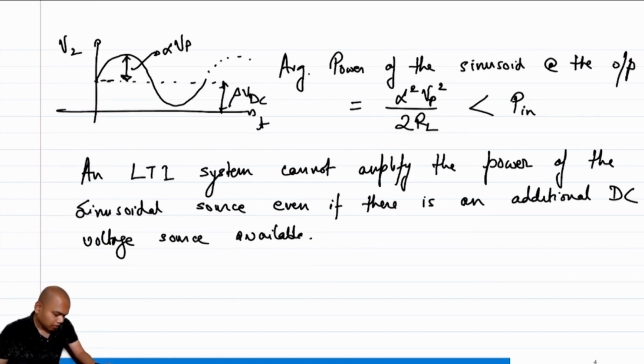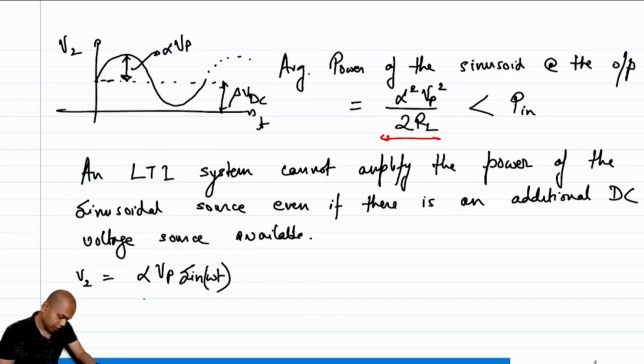Now, how did we go about finding this? You can easily figure it out by doing the following. What will be the average power if this is the total voltage, if V2 is equal to alpha Vp sine omega t plus beta VDC? So the P out will be